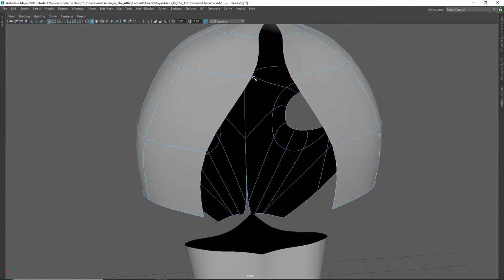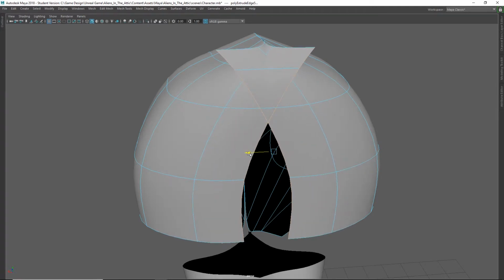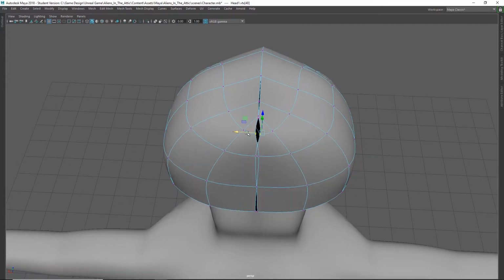Okay, so I'm going to go ahead and grab these vertices again, grab these edges again, and I'm going to extrude them one more time. Control E, move over here like that. Okay, so I've got to fix this stuff right here. I'll go to vertice mode real quick and fix all this monkey business right here. Just like that. Okay. Not super important that these connect right now,